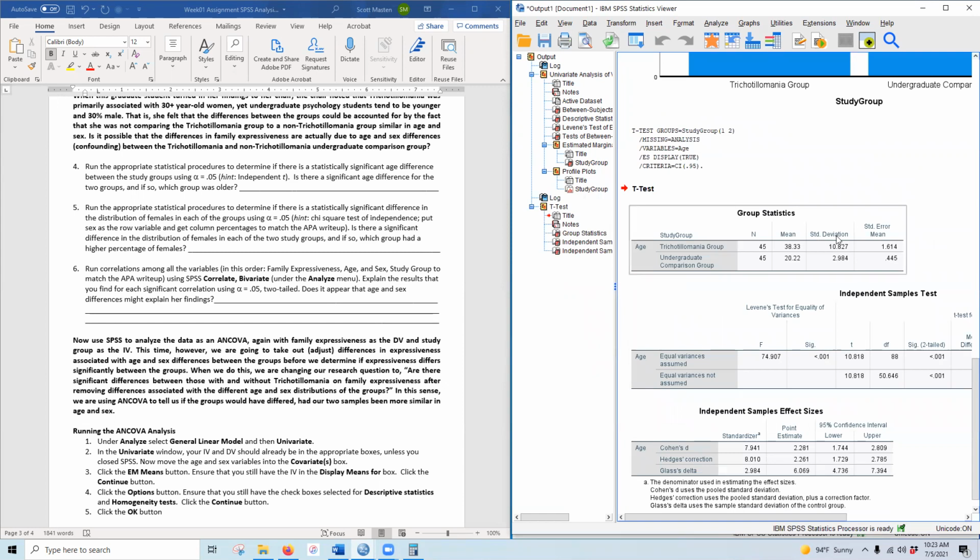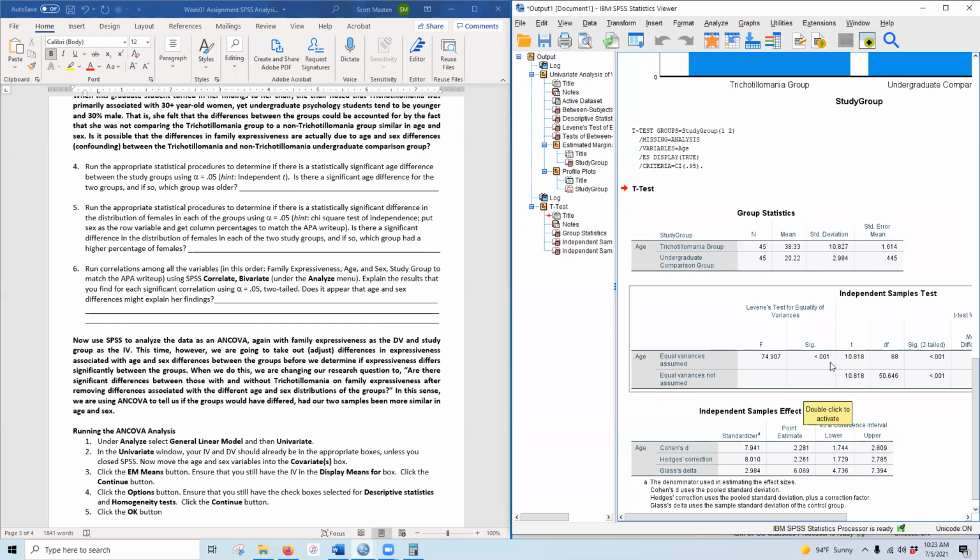Here's what we get, t-tests. We've seen this a lot. The average age of those with trichotillomania was 38. The average age of the undergrads was about half, 20, right? So is that just 1 or 2 extra Skittles? I don't know. Well, going down to our Levene's test, the first thing we note is that the Levene's test